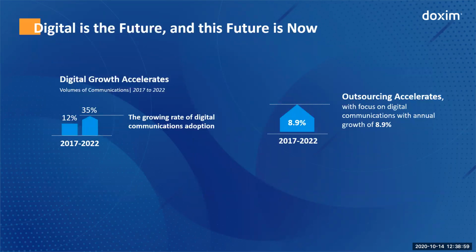So what are the forces, other than that multi-channel SaaS-first driver, that everyone's noticing? For us, we're seeing digital growth accelerate. We're seeing print either level off or slightly decline. And to give you some context, we feel we have a good insight into this. We now have